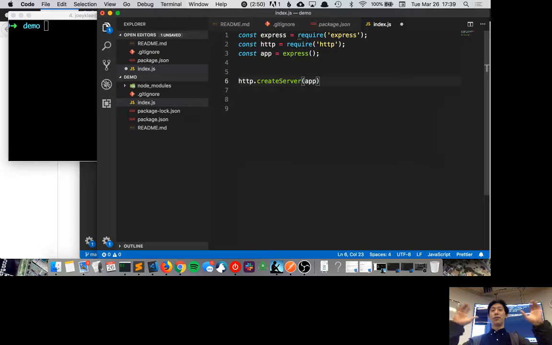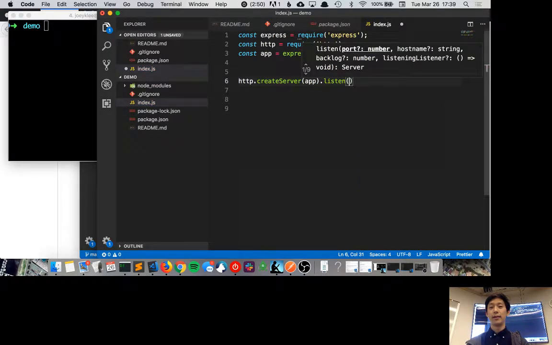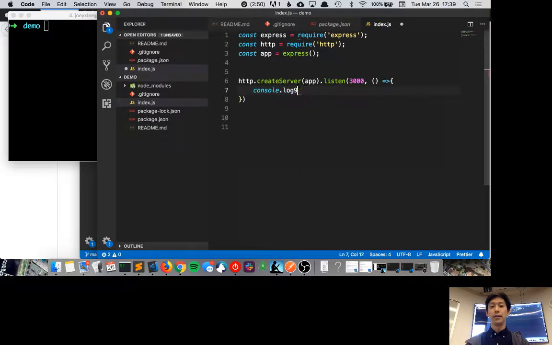You're going to create a server from your app, and then listen to it at, let's say, 3000 for now. And it takes a callback function. And then console.log, see the magic at